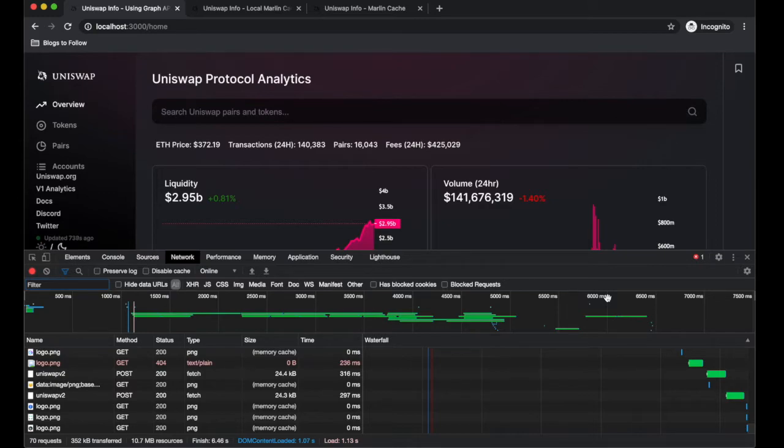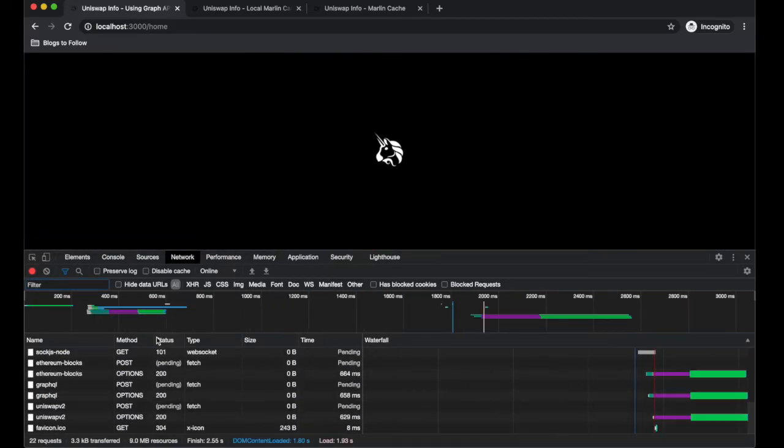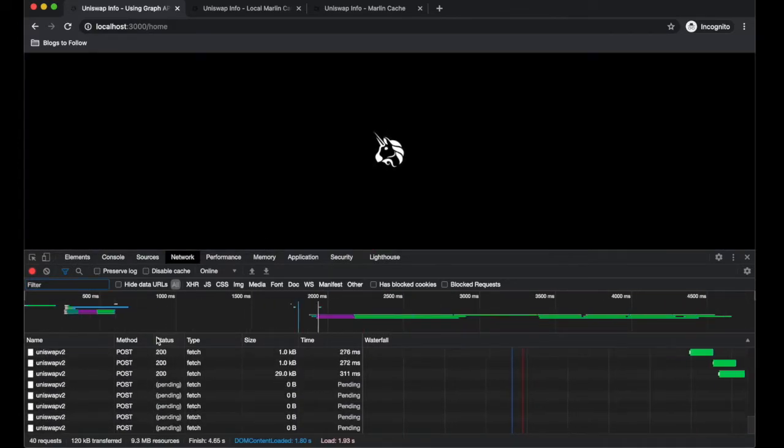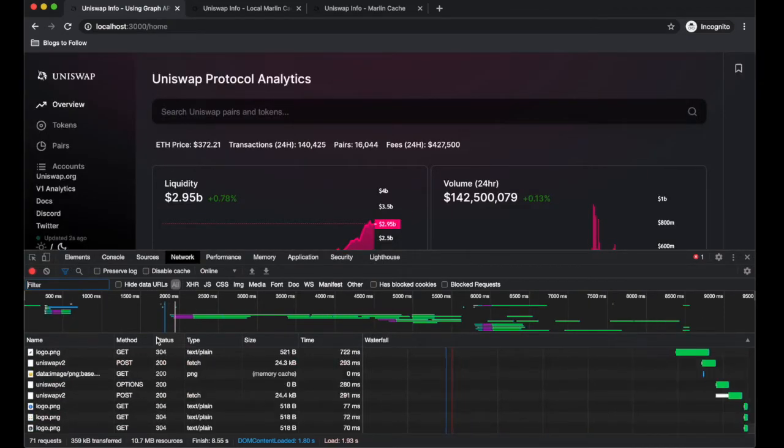So let's get started. So this is the page for the Uniswap Info website with Graph API URLs. So let's reload and see how long it takes to load. Yeah, so it took around 8.55 seconds to load, out of which 1.8 seconds was DOM content loaded.